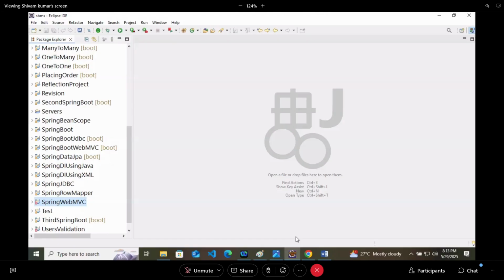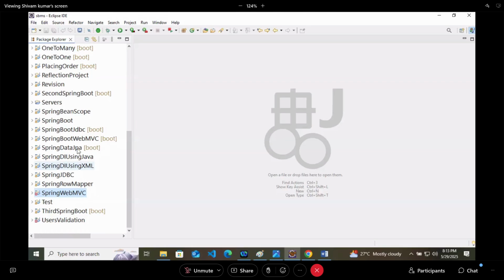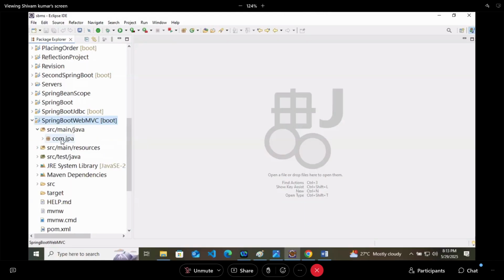Here our Spring Boot Web MVC project is created, and I have added the Spring Web dependency. So I will start the main application as a Spring Boot app.